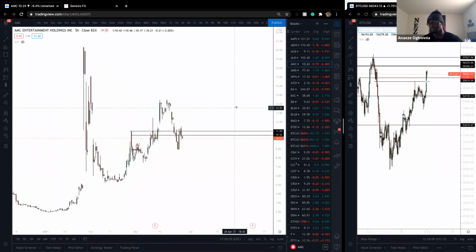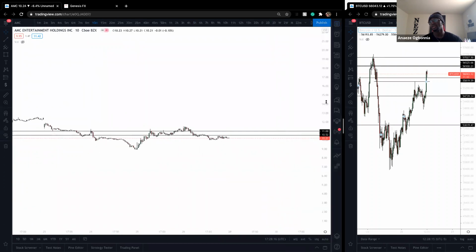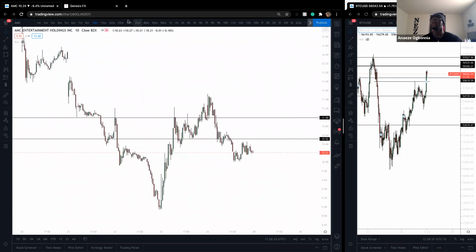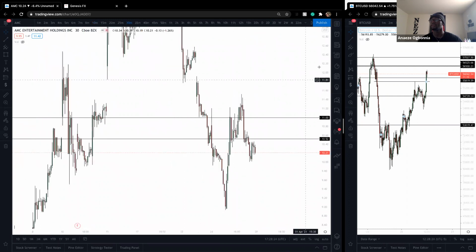AMC. So AMC, I tend to chart on the lower time frame because it tends to move a lot faster than other stocks, right? So as we can see here, we can probably clearly see that